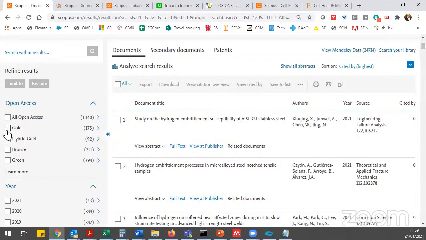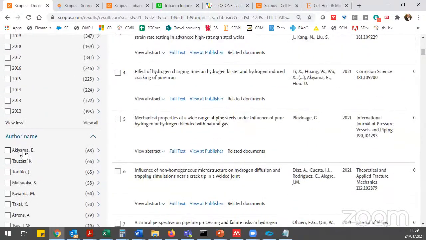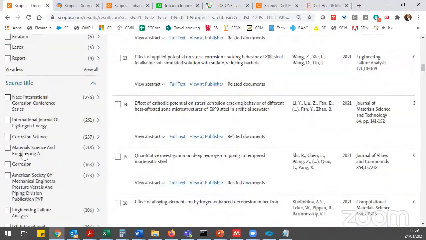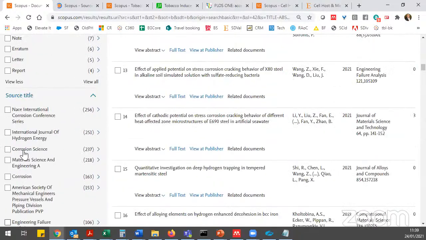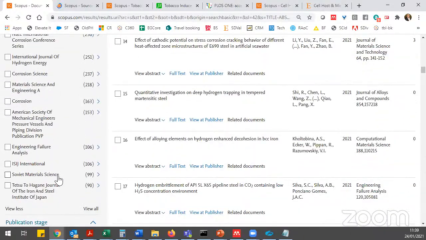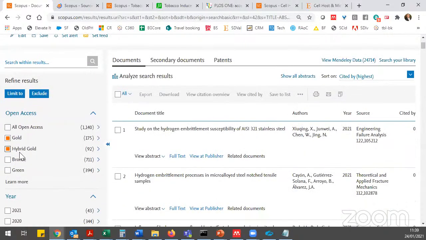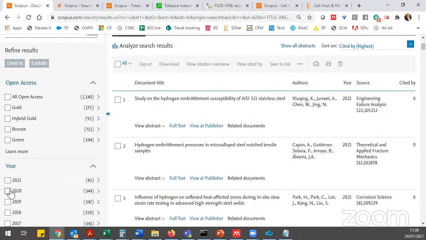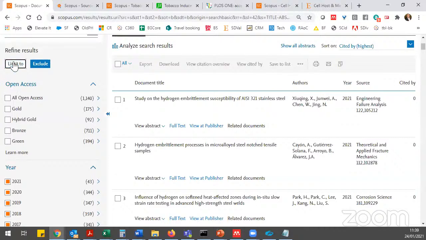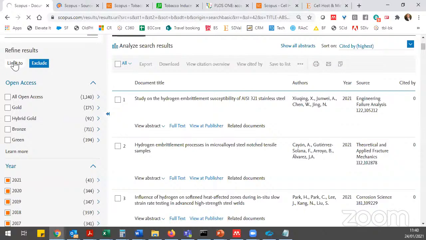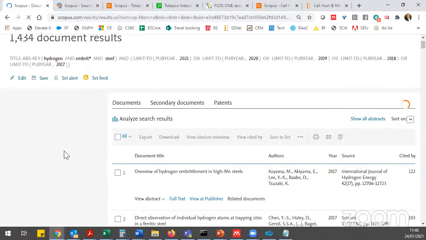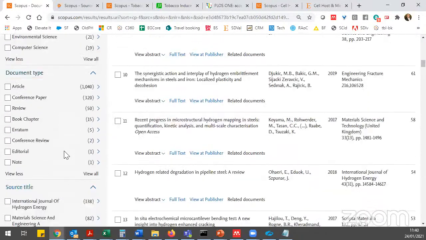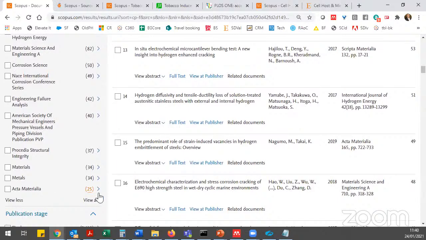If I'm excluding gold open access, if I need to, I can just limit to gold open access if this is what I want to publish. And I can look at the journals. So for example, because there are Soviet material science that's very old, I don't want to see this. So I can just restrict to the last 5 years. If I go, for example, for this journal here,